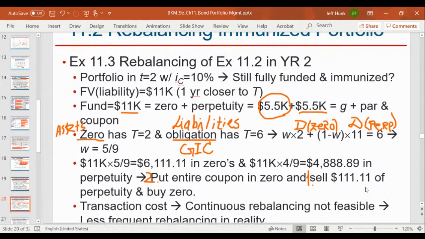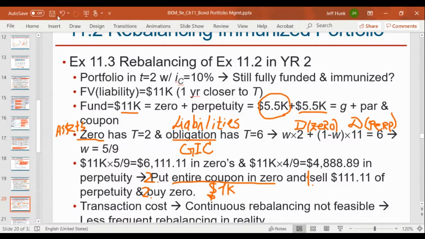$111.11 of perpetuity, right? And buy zero, right? For that amount, right? So you have to put the entire coupon in zero. And the entire coupon is what? $1,000, right? Okay. So this can happen first, but because you're buying, it's an action for zeros, right? Sell first this much, 111 of perpetuity, and then put 1,000 and use that to buy zeros,